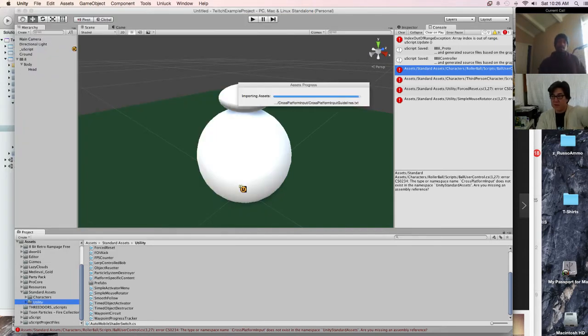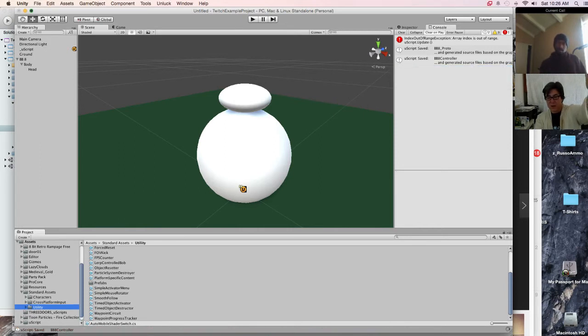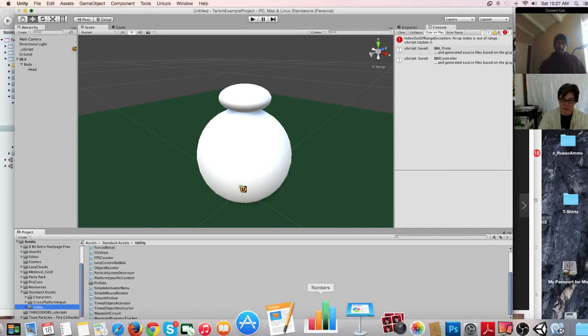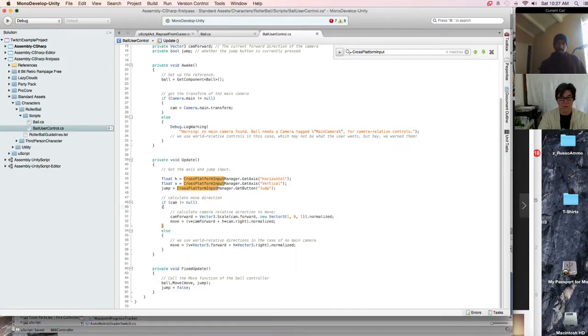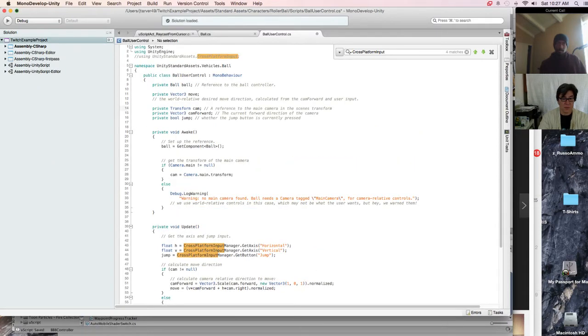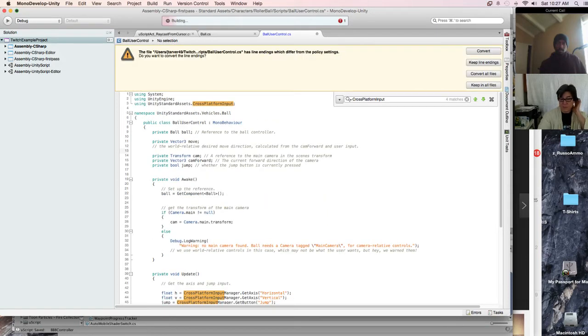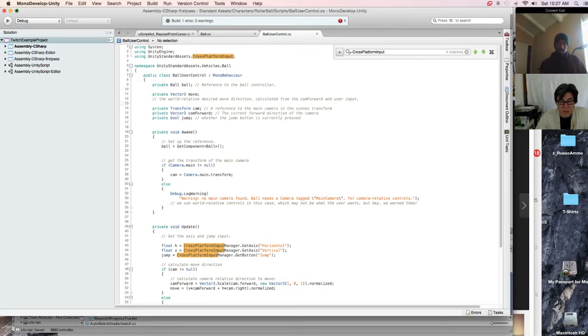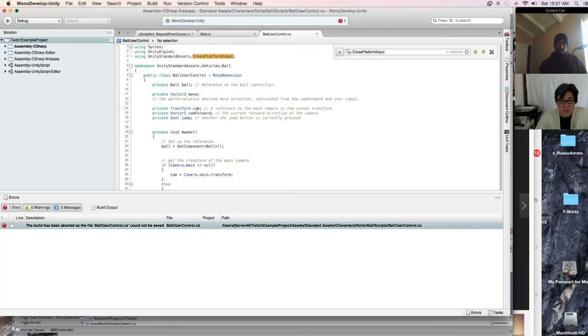See, it said... sorry, I went so fast. It had all greens because they were little green new tags. It's because I didn't have it in my project. Let's go back to MonoDevelop, back to the top here, because that will give us compile errors now that I have it. Let's build it again. Let's just keep them all the same right now. Okay, now we're down to one warning.